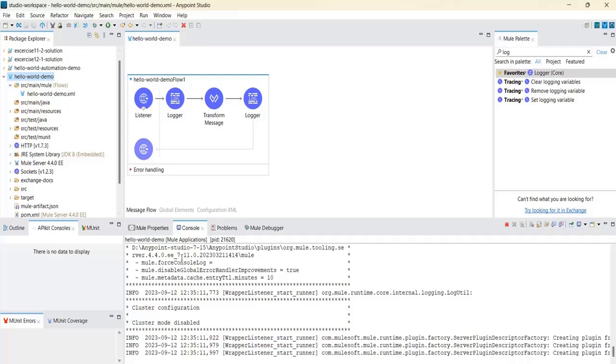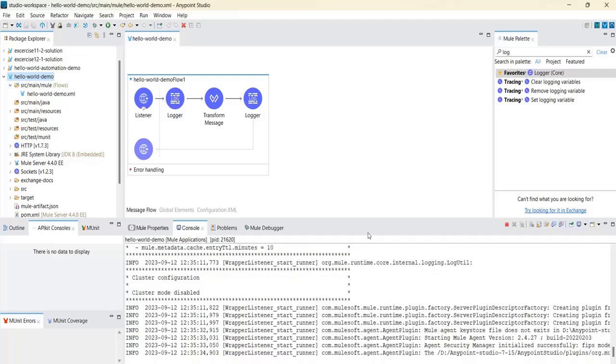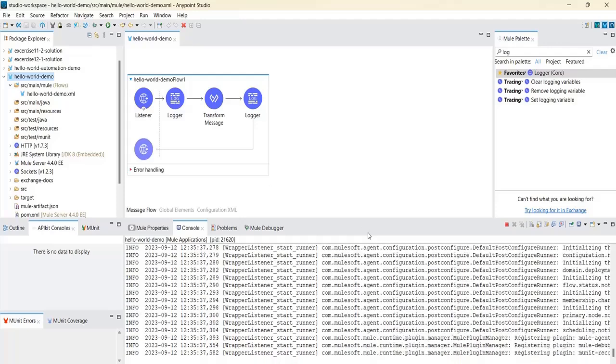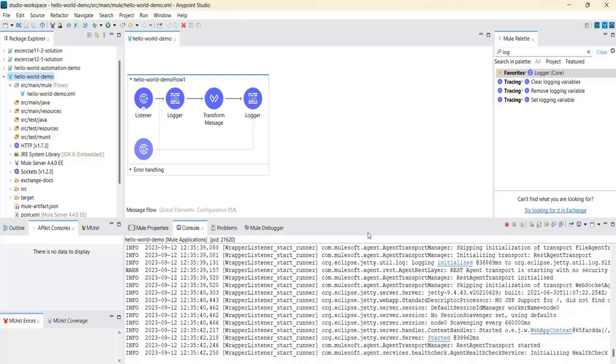That is another point. So before you deploy this application into Cloud Hub, first you need to see how it is working, right? How your application is working and how you have done the implementation. If everything is working fine or not, you need to cross check it once. That is called local testing. Before you deploy this into Cloud Hub to make it available for everyone, you need to test it for yourself first, right? See, for example,